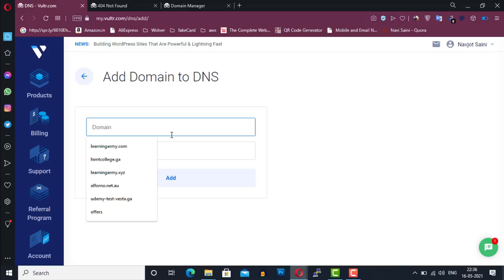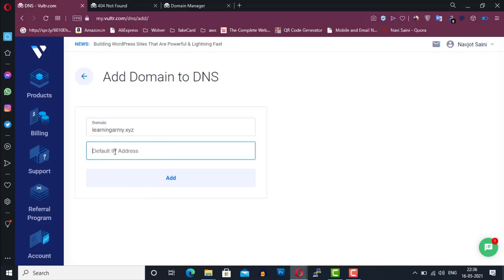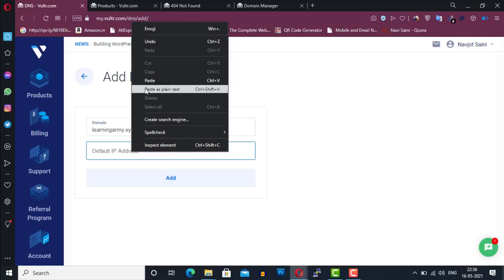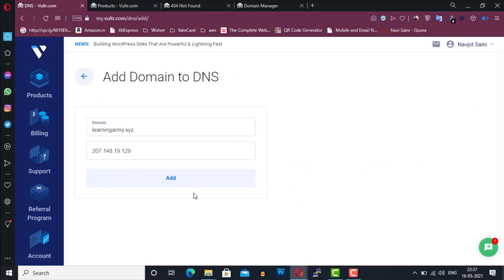In the first box, enter your domain, and in the second box, enter your server's public IP address. Open the product page again, copy your IP address and paste it here, and then click on add button.